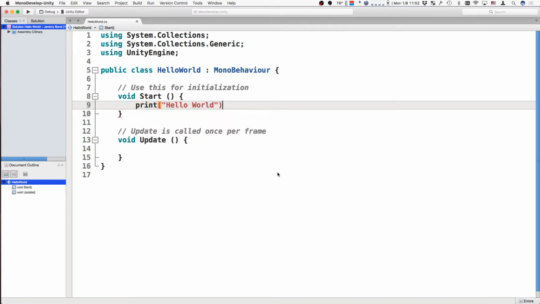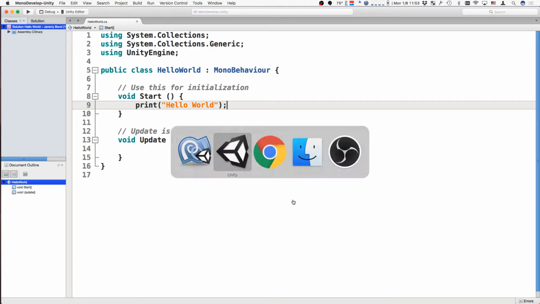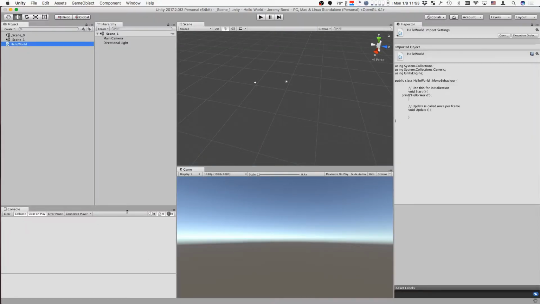So let's start here, and we'll say print hello world. Now, this is also a function. There's a function called print, and I'm passing in a parameter, hello world, which I'm just telling it what to print. Again, this is described in much more detail in the book. So if I save this by hitting Command S and go back, Unity will compile it, and then when I press play, it now